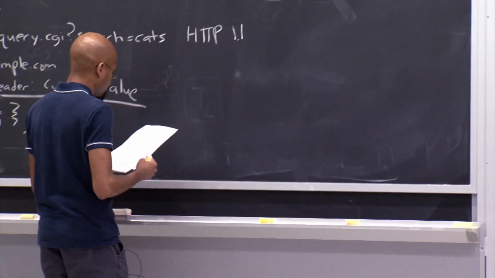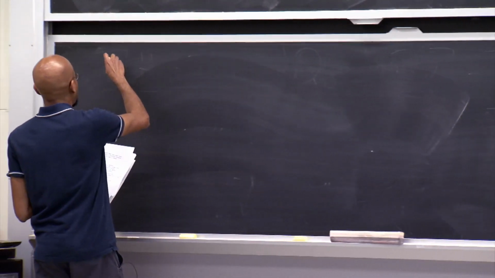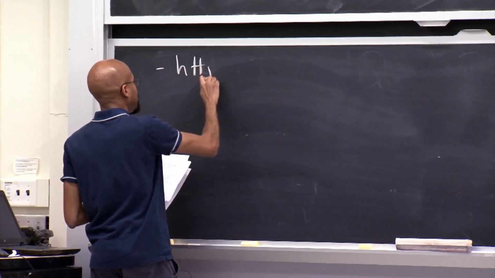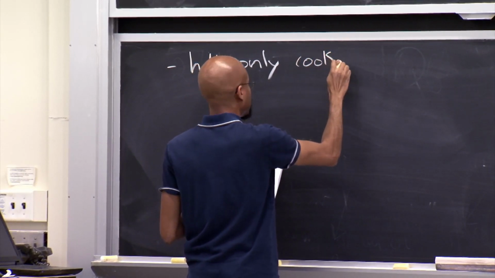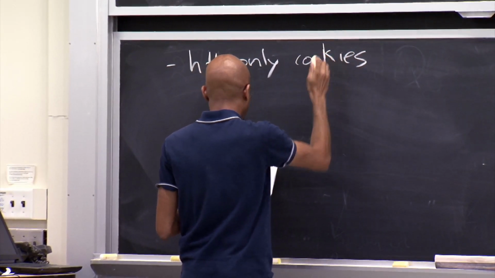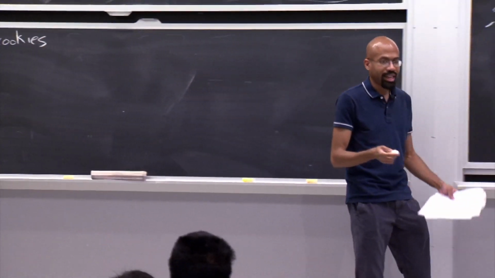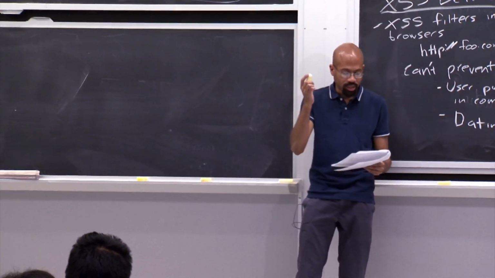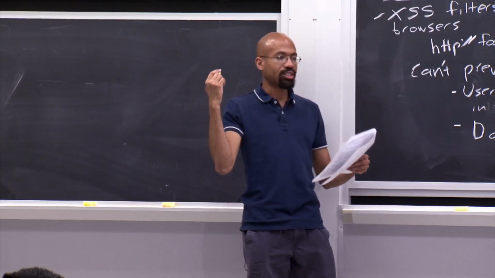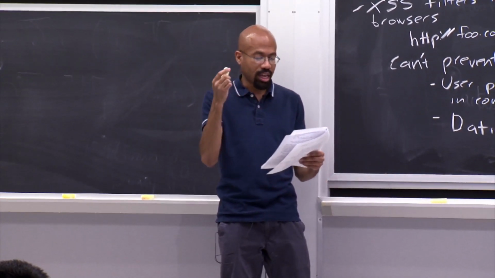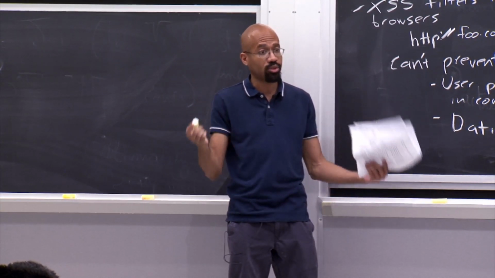So another defense against cross-site scripting is something known as HTTP-only cookies. The basic idea behind this is that a server can actually tell the browser that client-side JavaScript should not be able to access a particular cookie, right? Basically the server can just send a header value in response. In the Set-Cookie field, they can say, hey, don't let client-side JavaScript manipulate this cookie. So only the server can do this, right?